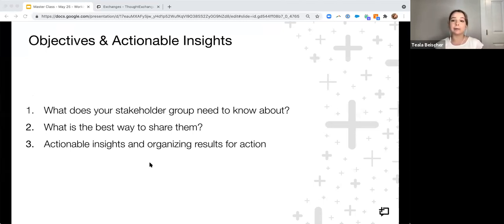If you are here, I am guessing that you have run an exchange or are planning an exchange, so you're deep in that process of really understanding your objectives. This is the original reason for why you're running the exchange. So what is the information that you want to gather? What do you need to get out of that information? And how do you need to distribute it in different formats to accomplish your outcomes